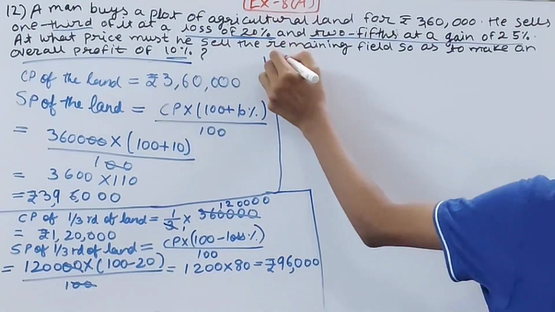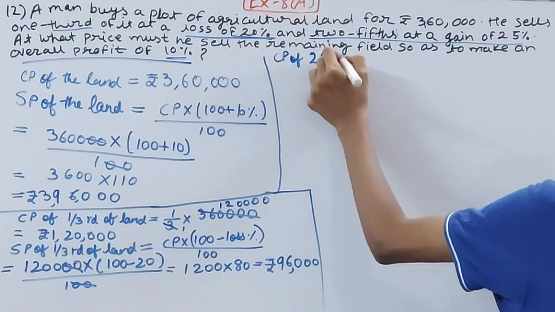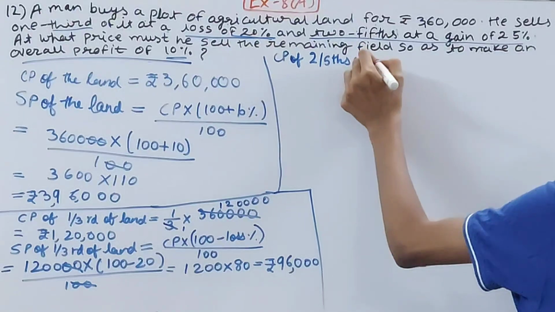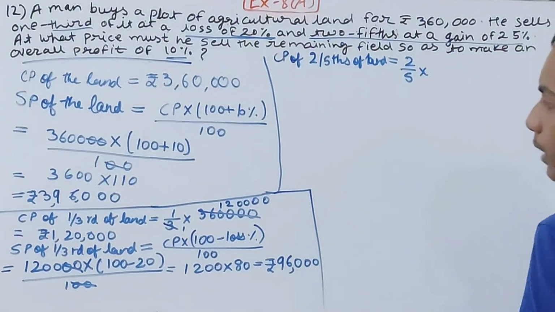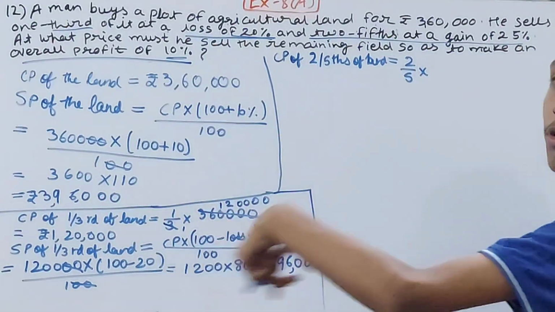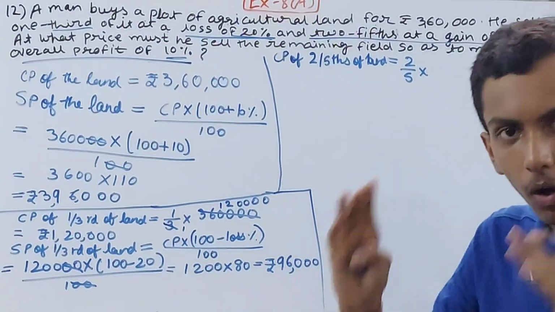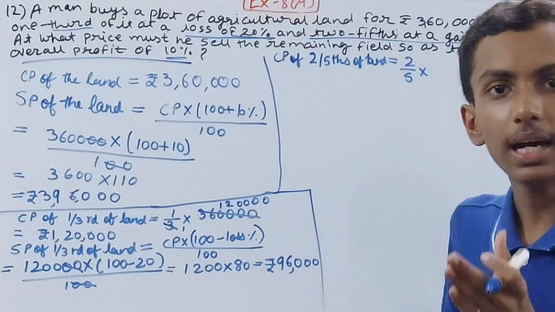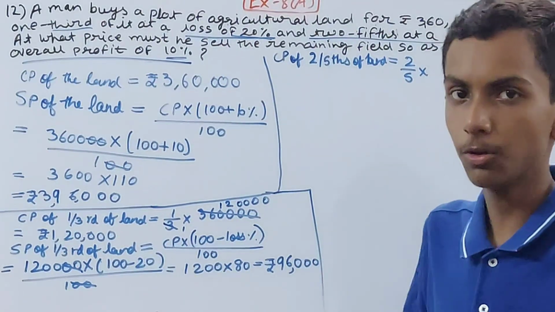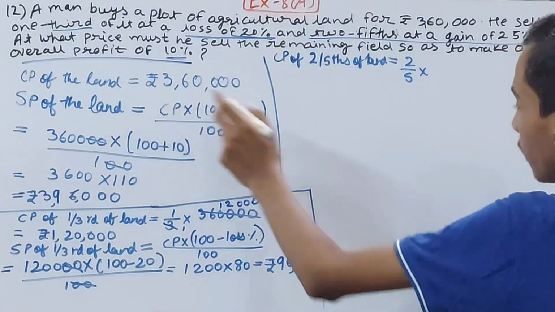Okay, so we will calculate the selling price of 2/5 of land. That will be 2 upon 5 of CP only, right? So 2 upon 5 of will change to multiplication and CP will be of the whole land. Again, you always have to calculate the cost of a part of the agricultural land. Okay, so that part is of the total land. That's why you are going to take the cost price of the total land,